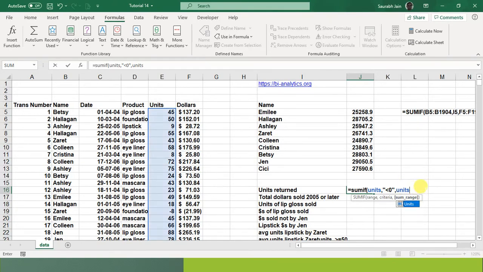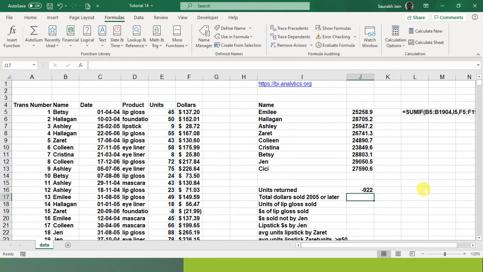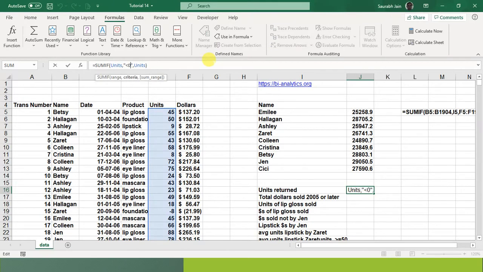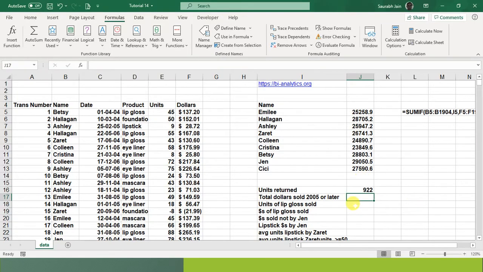Now it shows the blue color. So now bracket close. Here comes your answer, minus 922. But because units returned has to be positive, you can add a minus in front of it. So I can say minus SUMIF. So this will become 922. So there are a total of 922 units which have been returned.